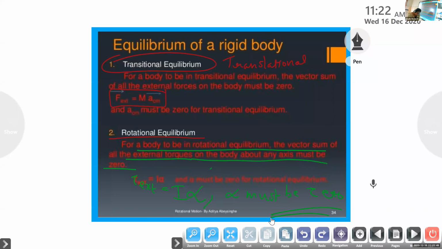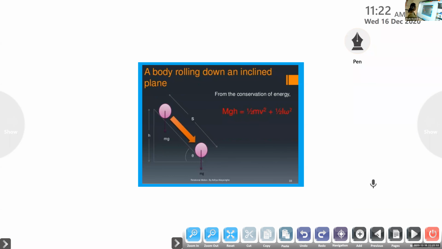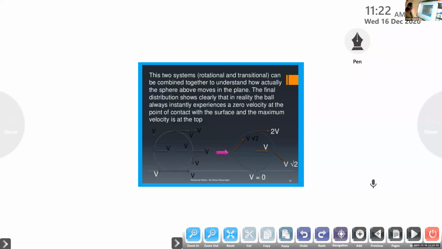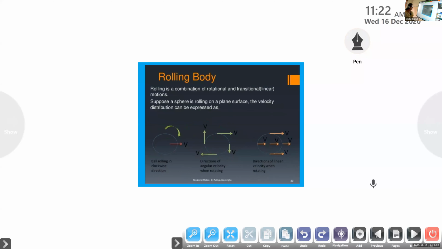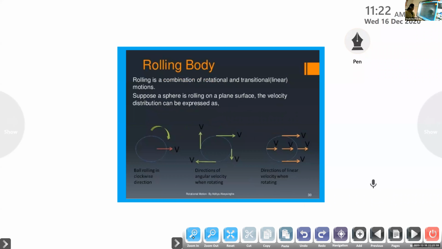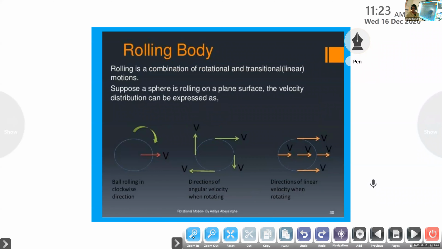Okay. So we have one more topic left. No derivation. We only have to understand. It is also related to kinematics, a rolling body. Rolling body means a body can roll just like a football. A football rolling on the playground or on an inclined plane. Okay. So what do you mean by rolling? The rolling of the wheels, rolling of the cycle.